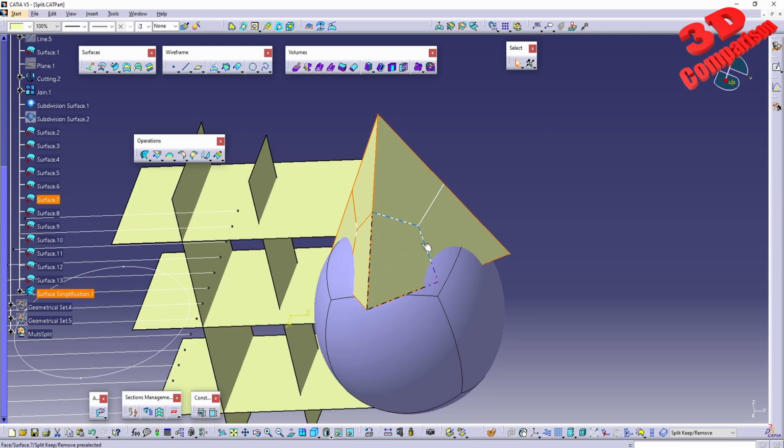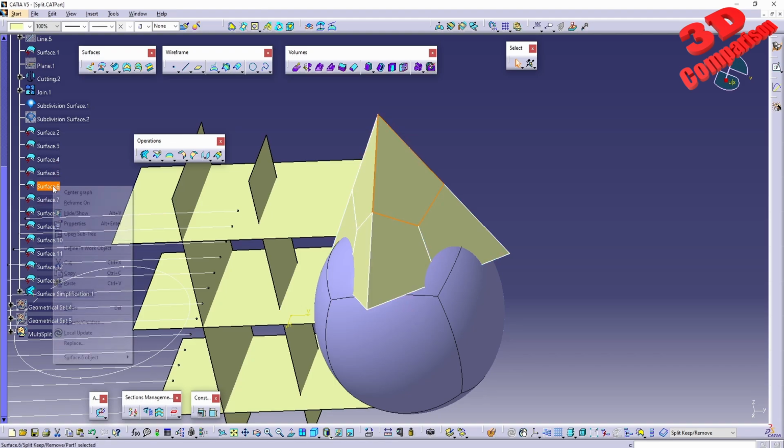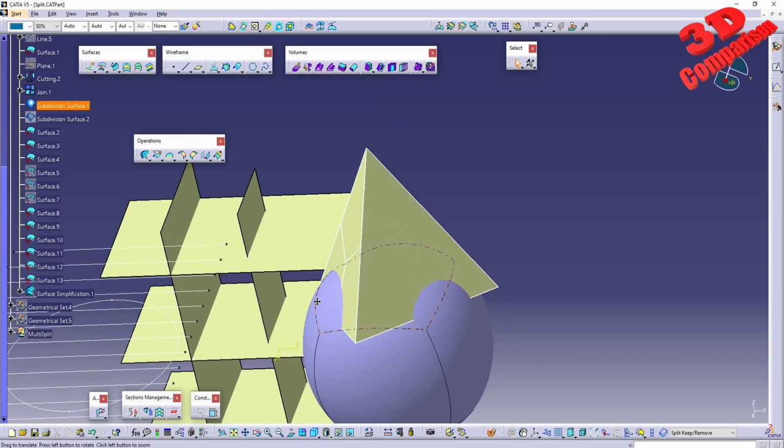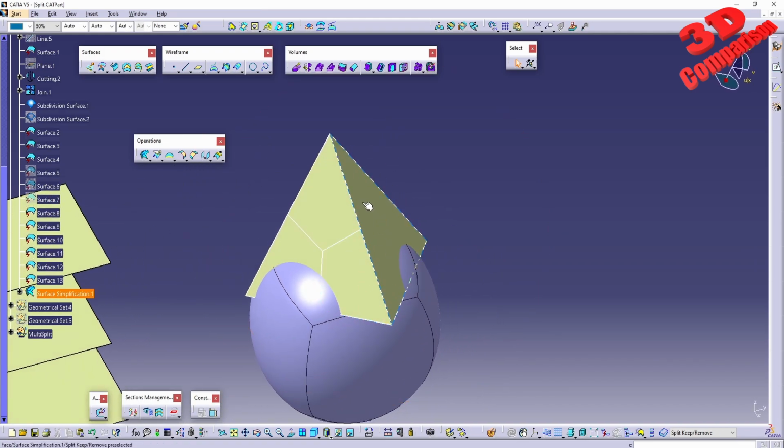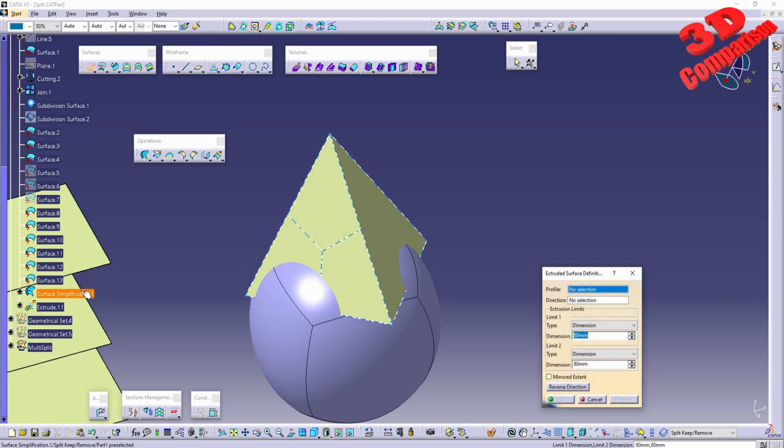Currently, we also see those sections because we still have those visible. So all the way from, let's see, surface 6 over here, this will be 7, and this should be 5. And as we can see, those are joined together. The main advantage of using this operation is that afterwards we can work with this directly. For example, if I want to extrude this resulting surface,